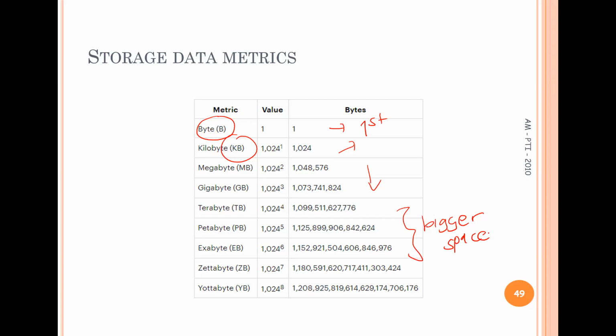Thus, we should keep updated with the storage size and the information related to the evolvement of new technology trends.